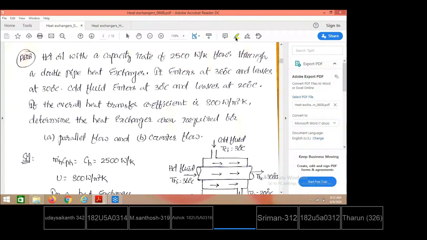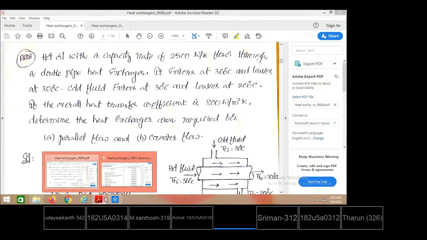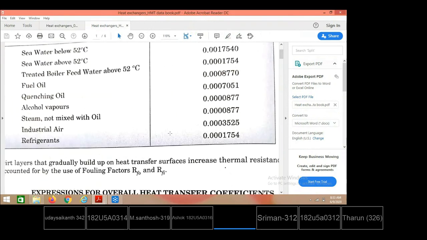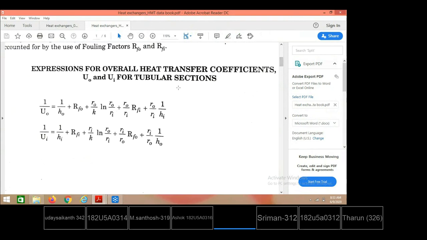When the surface gets fouled, then definitely the amount of heat transferred via the surface is going to be influenced. And how to calculate the overall heat transfer coefficient when considering the fouling effect, we have even solved a few problems. So for a clean surface, or by considering the fouled surface, how to estimate it: the relations are already available in the data book. I have already shown you fouling resistances for various combinations of fluids with the surfaces, and with the combination of fouling effects, how to estimate the overall heat transfer coefficient.